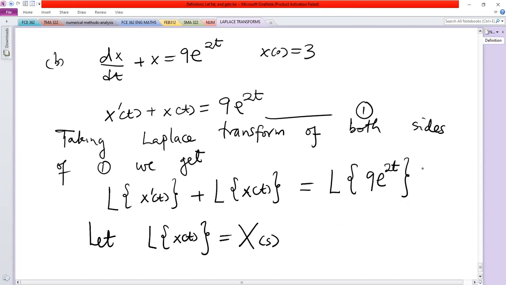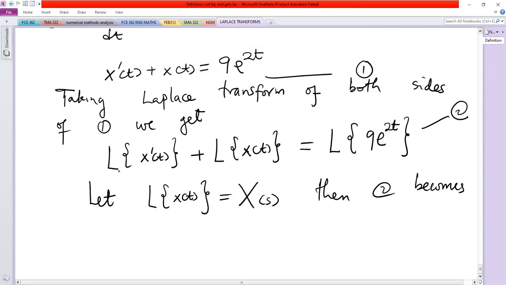Then, if I call this equation 2, it becomes sX(s) minus the value of x at 0. This is how we write the Laplace transform of the derivative. Then plus X(s)